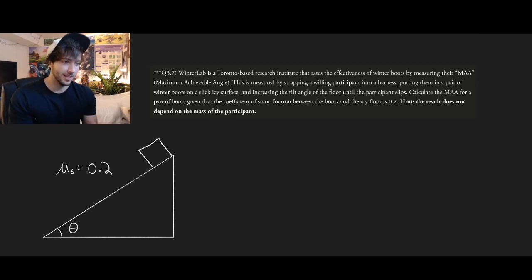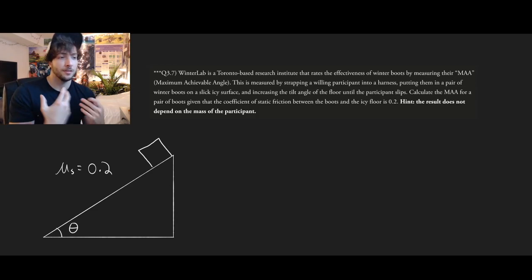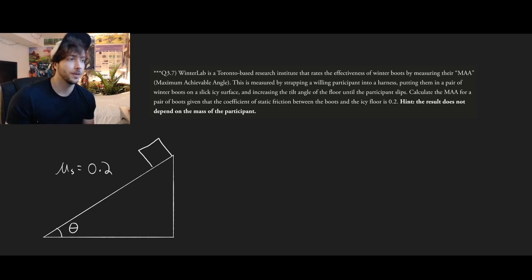And they take some poor participant, a grad student probably, and they strap him into a harness, put a pair of boots on him, and they just up the angle of the floor until they slip, until they fall down. And what that does is it gives them something called the maximum achievable angle. Okay, and the higher that angle can be before you slip, the better the boots are at preventing you from